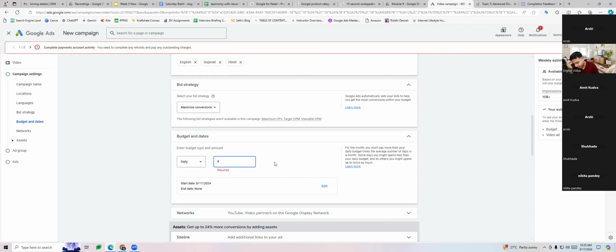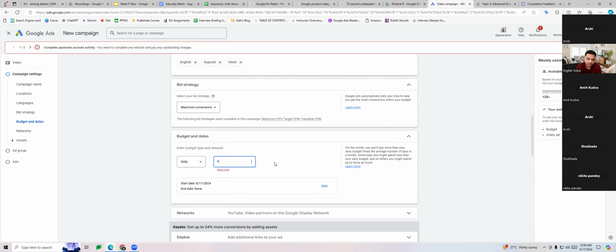No, so what is happening is, again, understand this thing that when you set a daily budget, that does not mean that you're spending that money on it. You will spend only as much as your ads run. Yeah, I know, but why is the daily budget criteria above 500 only? It's not taking less. Yeah. You have to have a higher budget for video ads. Nothing of that sort.